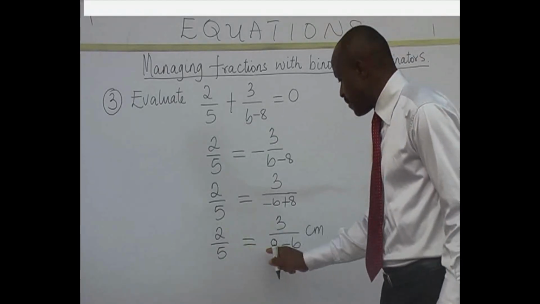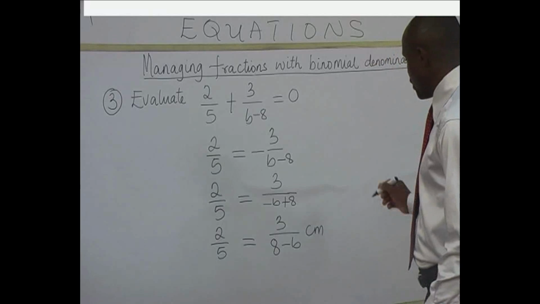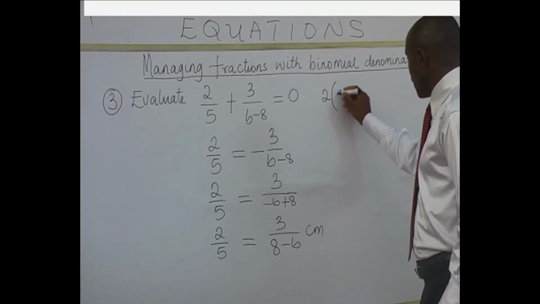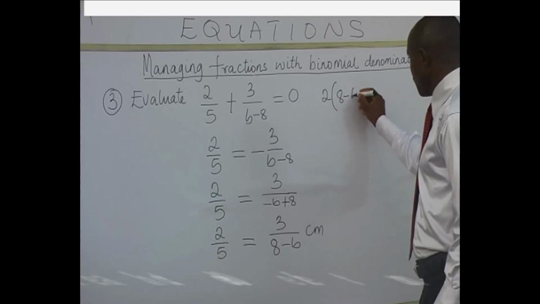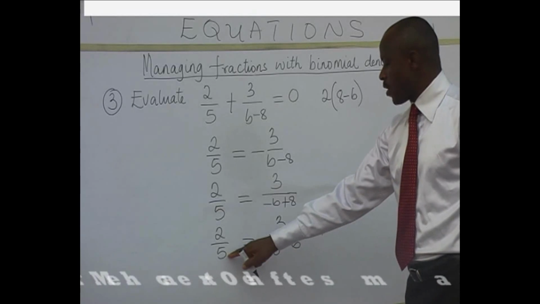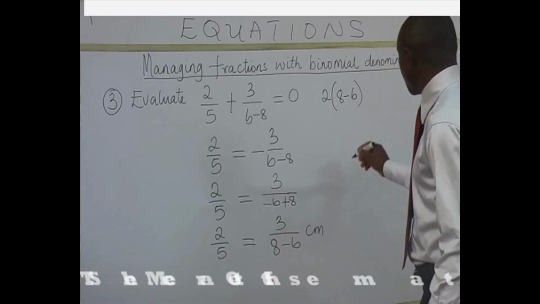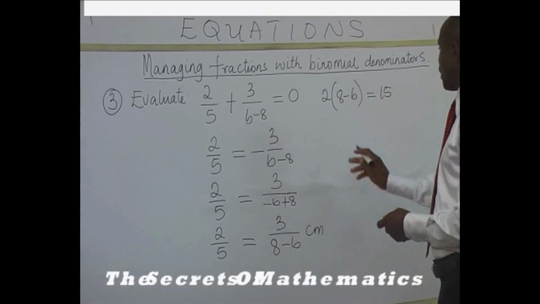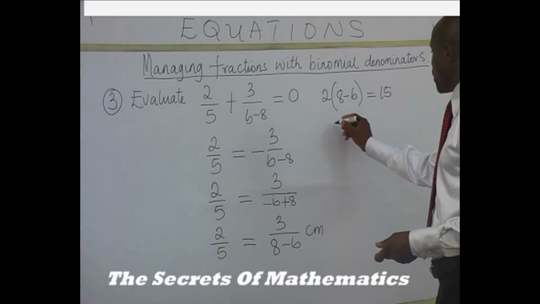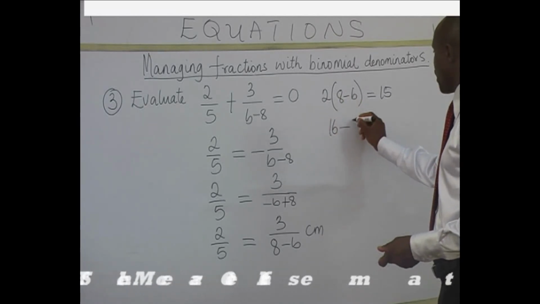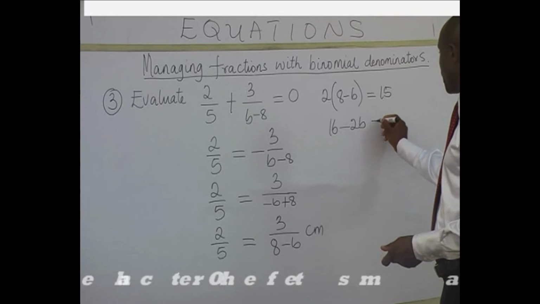You have 2 times all the things you have here, and it will give you something like this: 2 into 8 minus b. Now it is equal to 5 times 3, which will give you 15. Remove the bracket. 2 times 8 will give you 16. 2 times minus b will give you minus 2b, is equal to